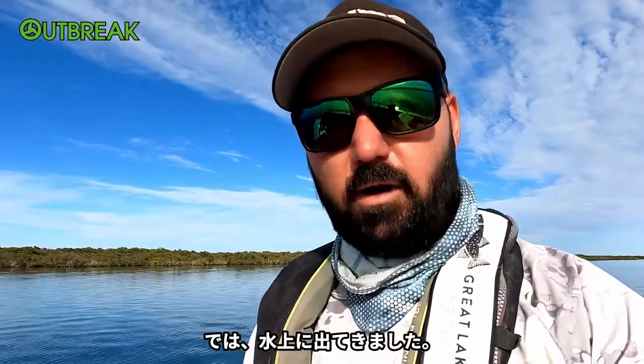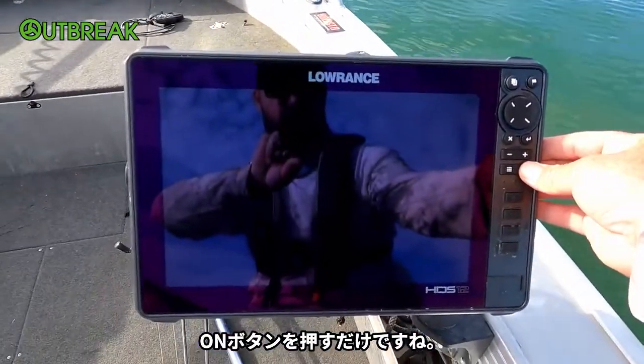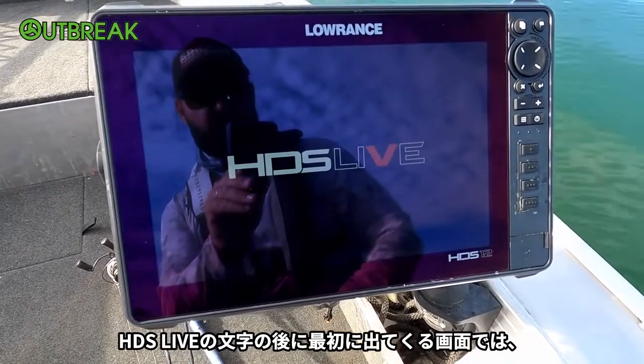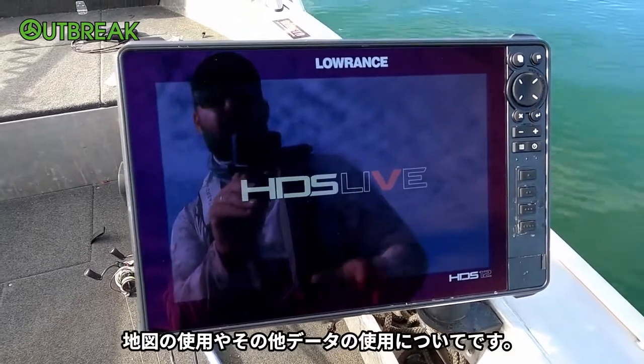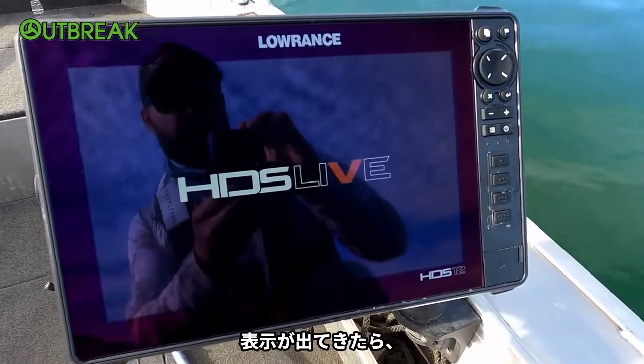Okay, well we're just out on the water now, so we'll power the unit up. So you just want to hit that on button. Now the first screen after this HDS Live that comes up is just a disclaimer to, you know, accept that the charts are all good and all that sort of stuff. So once that comes up,